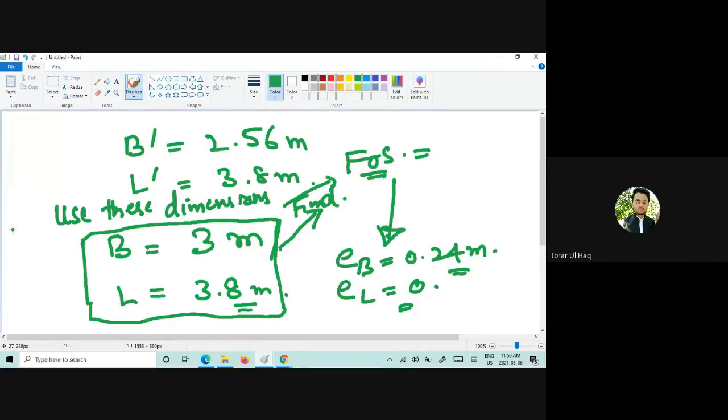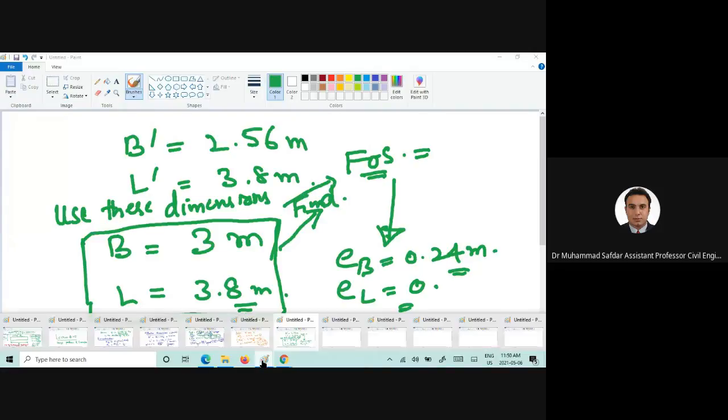सर 4.95 आ रही है मेरे सर. 4.95. Now, why it's not coming exactly 5? We took here factor of safety 5. Is it? तो उसके Divide करना पड़ेगा, क्या जी? ये ज्यादा करना पड़ेगा थोड़ा, फिर 5 है।